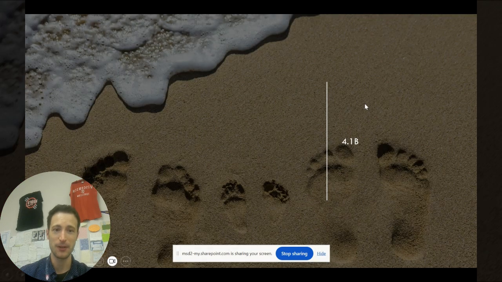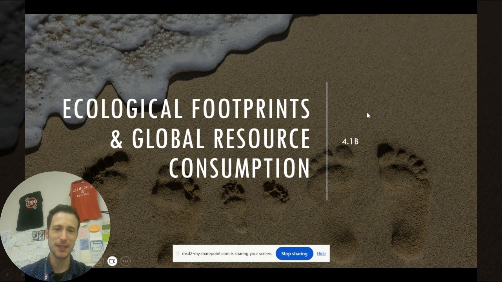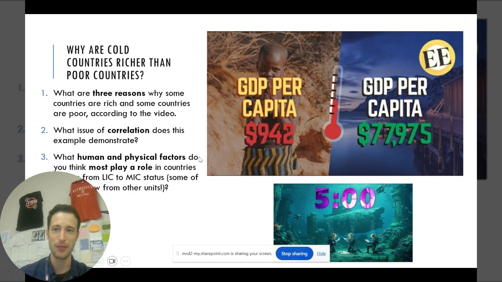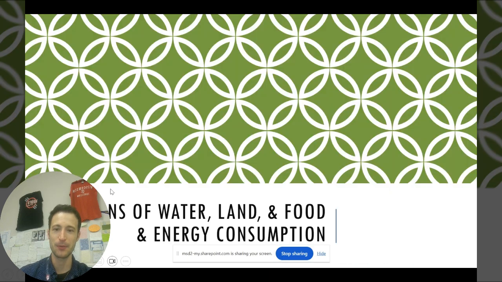Once again, growing middle class. Okay. We also did an activity on ecological footprints. Again, ecological footprint, I don't know if I actually went through it. So ecological footprint is talking about the amount of resources needed to sustain a group of people over time, or